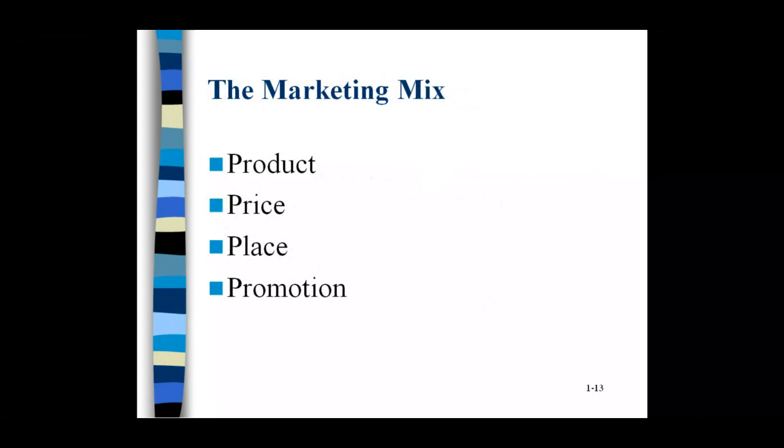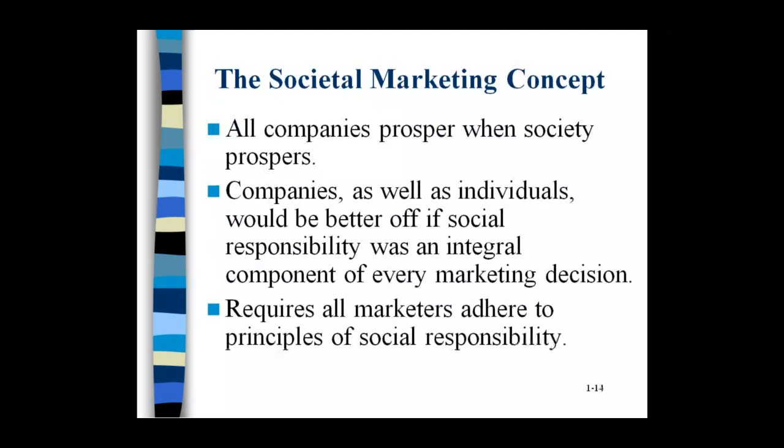Then consumer behavior encompasses the marketing mix, product, price, place, and promotion, that we have already discussed in the second semester in our marketing management classes, but they are still very relevant here. Then comes the societal marketing concept. After discussing the production concept, product concept, selling concept, and marketing concept, the fifth orientation or the fifth philosophy of marketing, which is very contemporary these days, is the societal marketing concept.